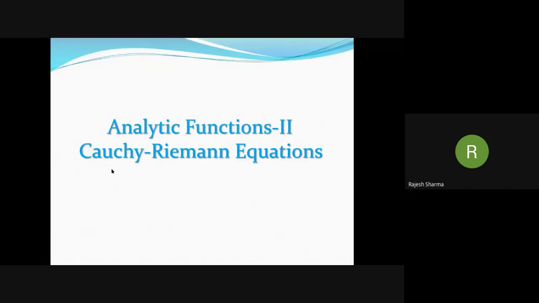Yes, analytic functions 2, Cauchy-Riemann equations. This is the continuation of the previous discussion in video analytic functions 1. There we have studied the statement of the following theorem which gives necessary and sufficient conditions for a function to